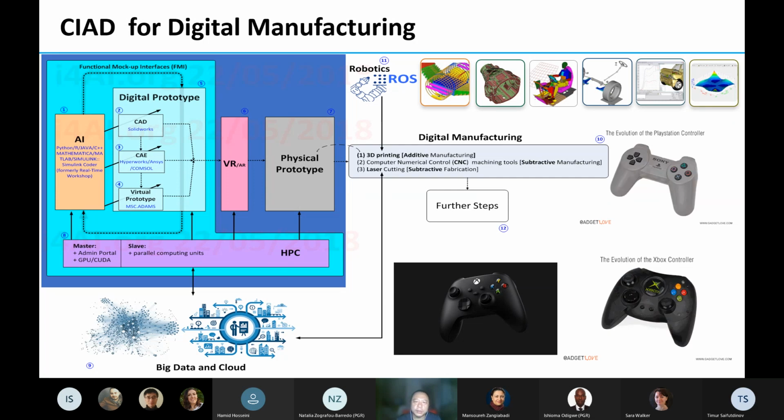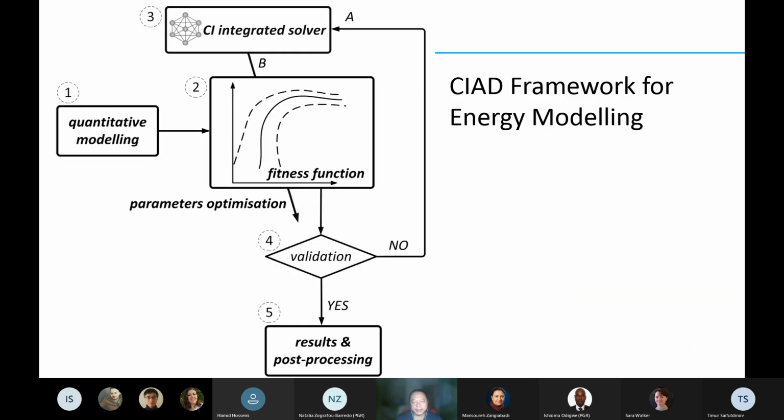You can see it move on to digital manufacturing, a few robotics applications, and future steps in block 12. This design framework is for industry product design. You can see a few product designs here.